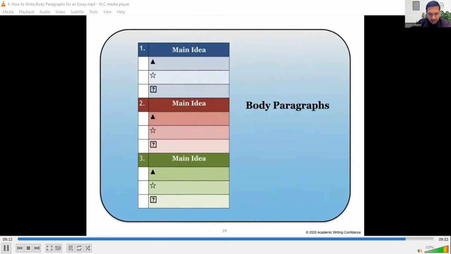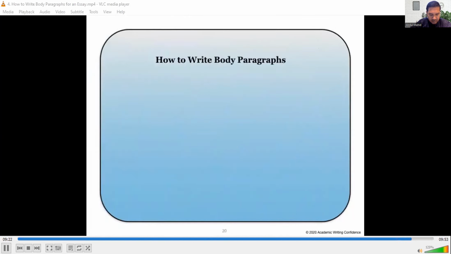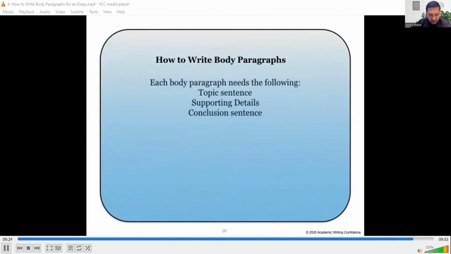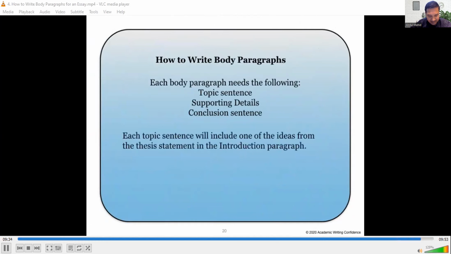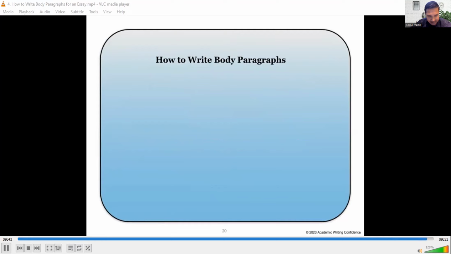Your body paragraphs each need to have a main idea that is followed by details, which include explanations, examples, and evidence. To write body paragraphs, you need to remember that each body paragraph needs a topic sentence, supporting details, and a conclusion sentence. And each topic sentence will include one of the ideas from the thesis statement in the introduction paragraph. Now, if you write your thesis statement in a clear way, your main ideas will be easy to identify.